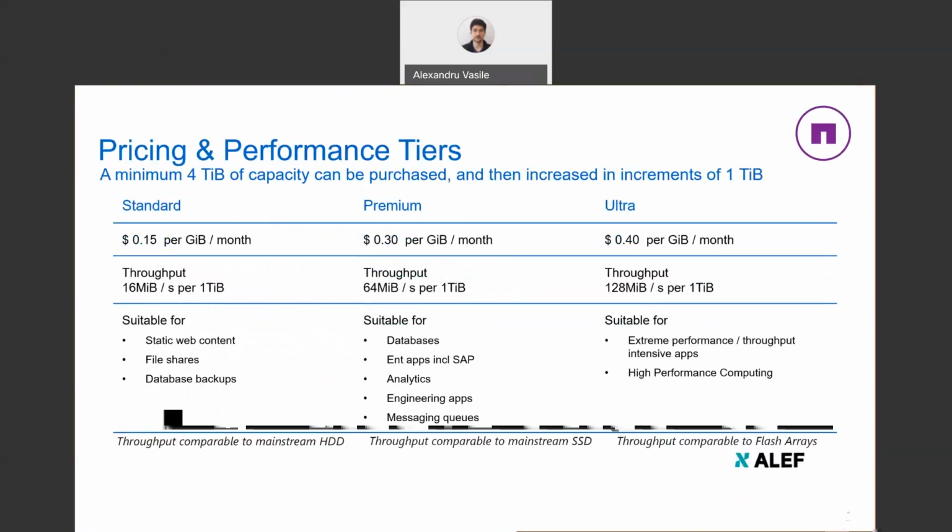Pricing and performance tiers. As I said earlier, a minimum of 4 terabytes of capacity can be provisioned and incremented afterwards by at least 1 terabyte. There are 3 main offerings: Standard, Premium, Ultra. Those offerings have a price per gigabyte per month and a different throughput based on the